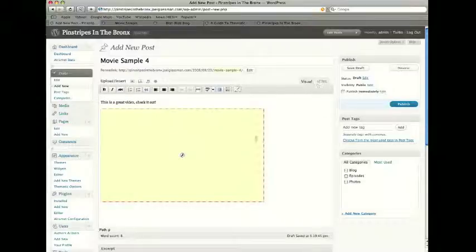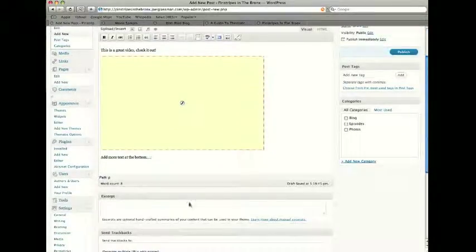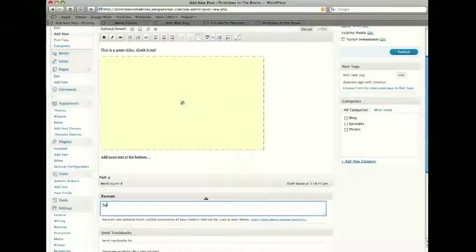And then you can click back to visual, and you'll see, oh, now you have a video embedded into the post. Now you can add more text at the bottom and scroll down, and you can put an excerpt, something about the video. So we'll say something about this video, and the excerpt will show up on the actual categories page, the list